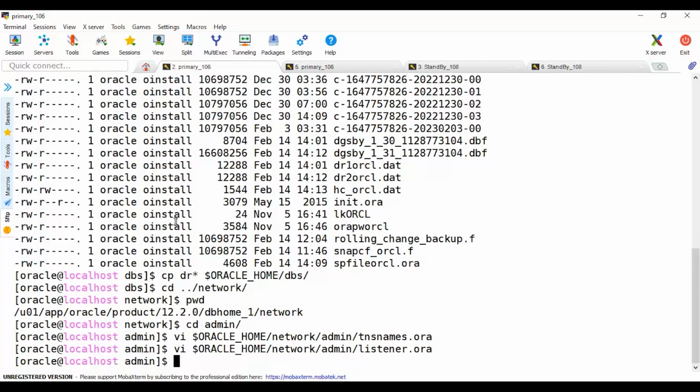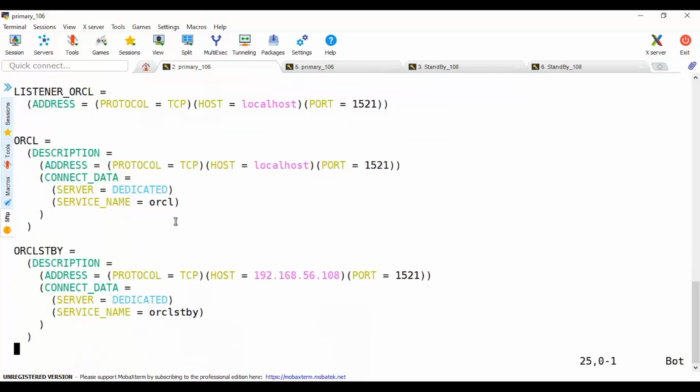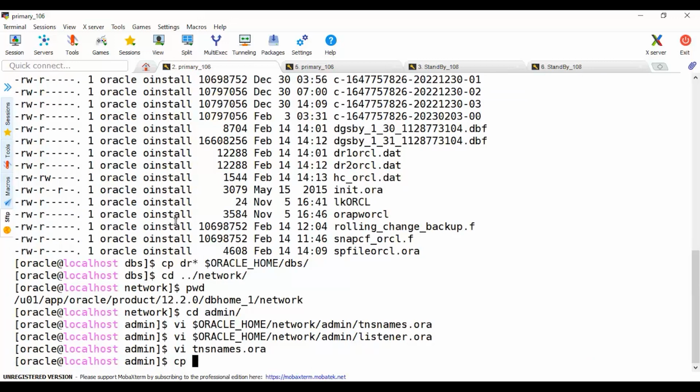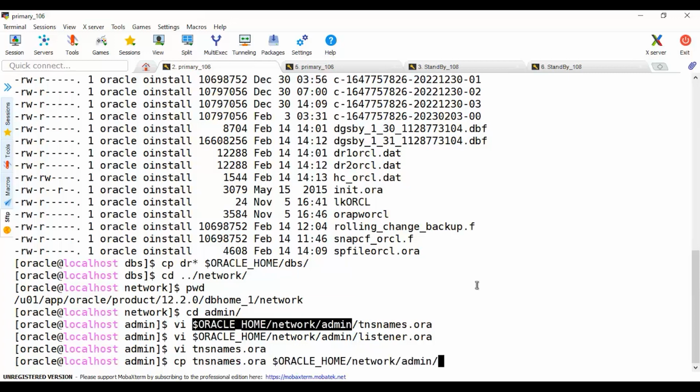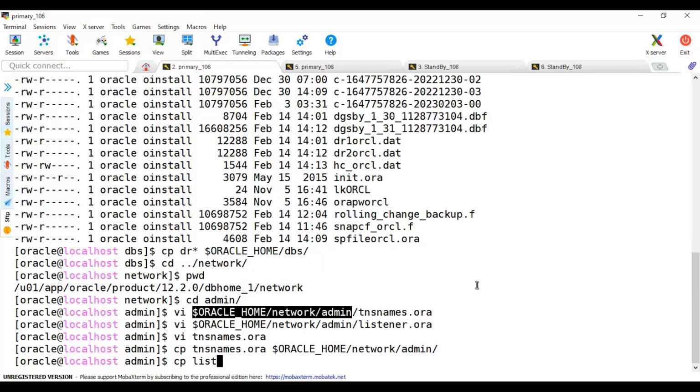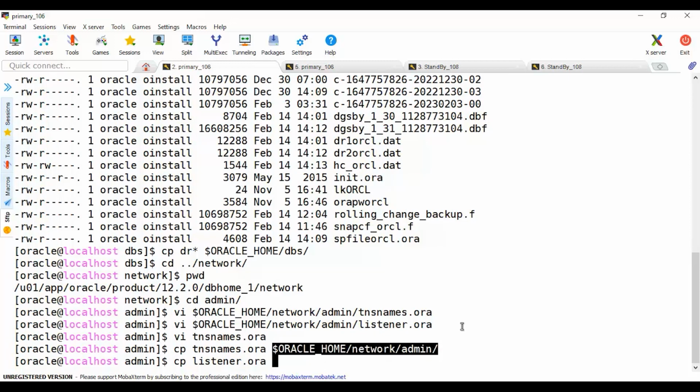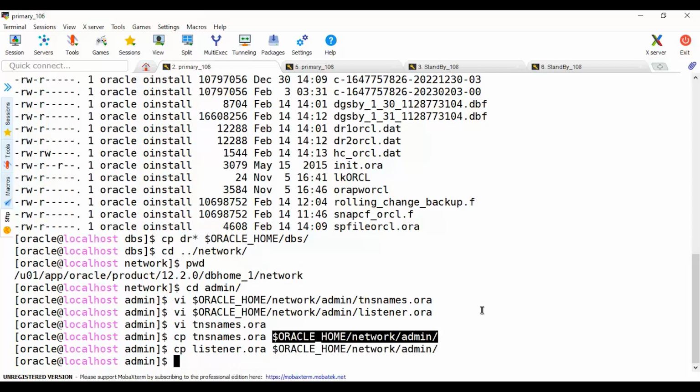But if we compare this with our tnsnames here, we'll see a lot of entries. That's because we need to copy this tnsnames over that tnsnames. So here we will take this to overwrite this one. And the same thing, we will copy the listener to be in the same place instead of the current listener,